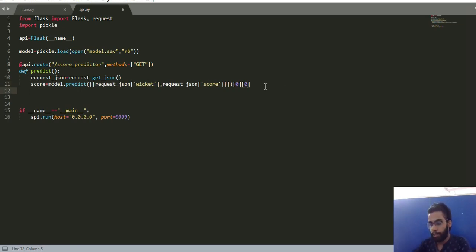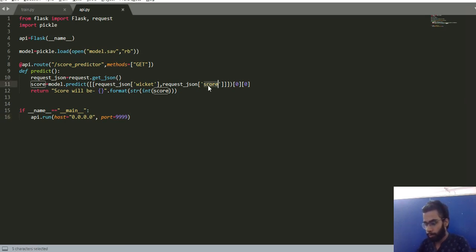Now let's return the output. Return, I want to send score is, score will be, and let's give a hyphen dot format. Now this score will be a float value because I've trained my model to be that. So I don't want the score to be in decimal places. So I will just convert it into int and string before appending it to the final output. So this completes my Flask app. I think I've coded it.